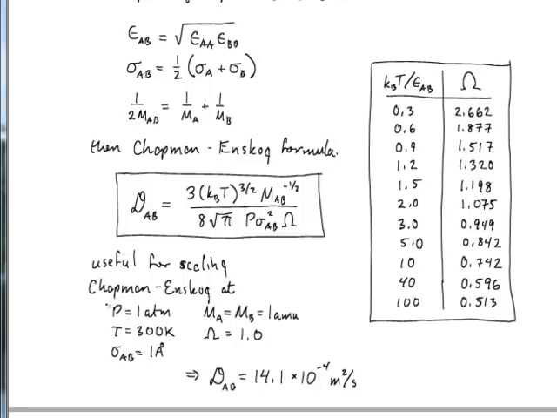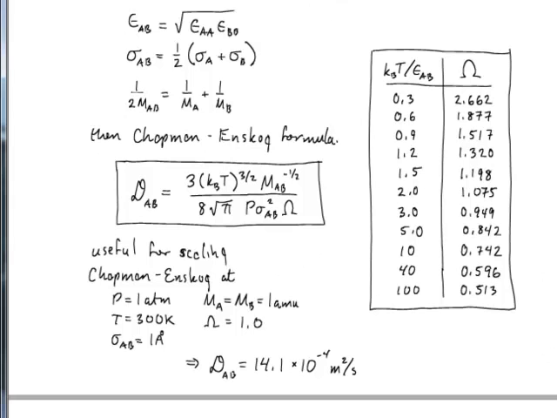Okay, so the Chapman-Enskog diffusivity at a pressure of 1 atmosphere, at temperature 300 Kelvin, when the collision diameter is 1 angstrom, that's really small, and when the effective mass is 1 AMU, that's also very small, and when the collision integral is 1.0, gives you a diffusivity from the Chapman-Enskog theory of 14.1 times 10 to the -4 meters squared per second. Okay, so now you can take this value and scale it according to the dependencies on temperature, pressure, diameter, and mass accordingly.